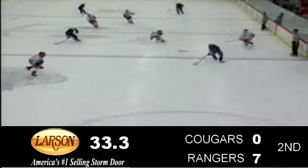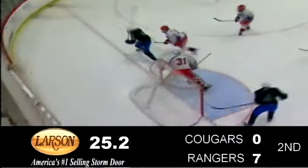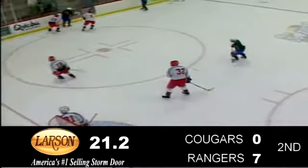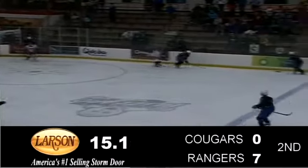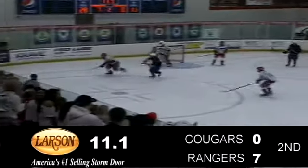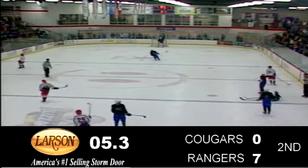He looks to make a move. Intercepted there by Perman. Perman shot blocked away by Robotham. Here's Hardy. Hardy dumps it back down deep in the zone. Here's Roberts on the right-hand side. Dump back down around behind the net. Perman will give chase. Theodosopoulos will try and clear. Here's Hardy. Hardy will circle around, take a shot, save Robotham. That puck will get launched and out of play with 6 seconds to go, and that will end our second